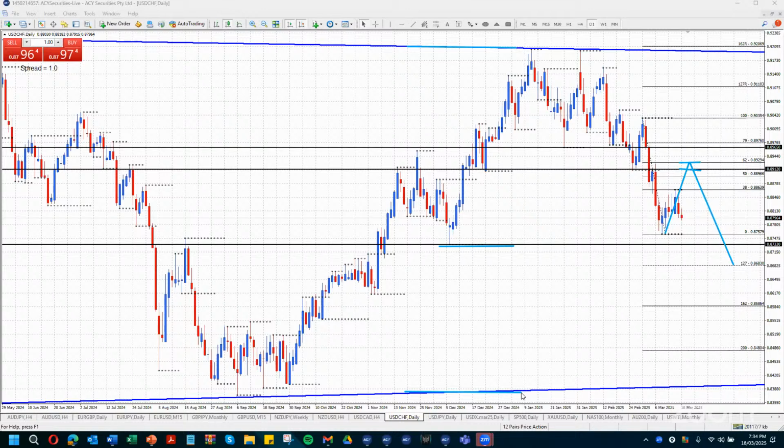So I don't have to trade something. Getting short for me, I would need to see price up in this zone. And the trend is to the downside, but it has to be in there that I like, and I don't like where it is at the moment. So I would leave that pair alone. But the predominant trend is down, and we're probably heading back down to the bottom area of consolidation on the long-term charts.